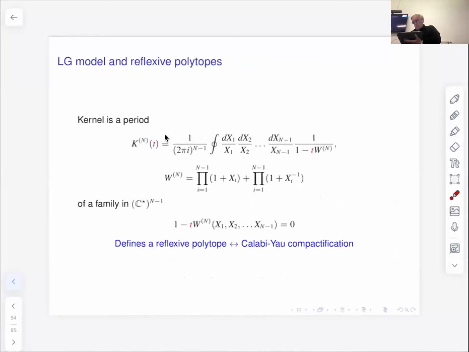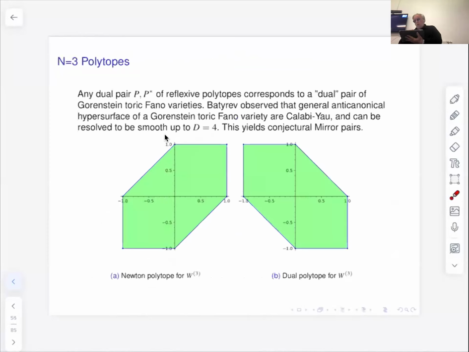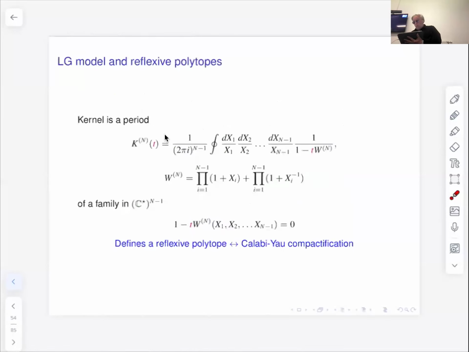And for this hypersurface, we can check if there is a good Calabi-Yau compactification or not. And we can check that for n equal to 3, such compactification exists. We use, of course, known results. The known results say that such toric hypersurfaces can be compactified to Calabi-Yau if they have